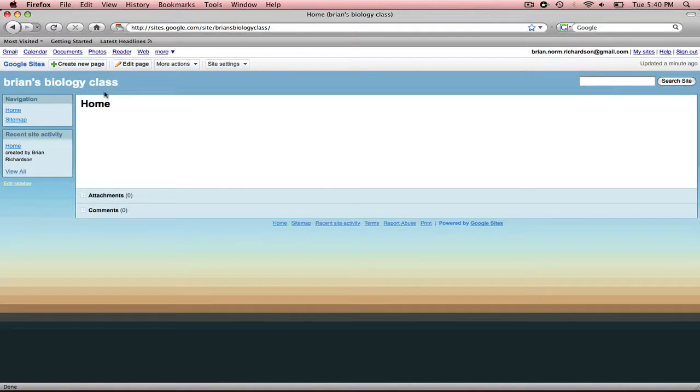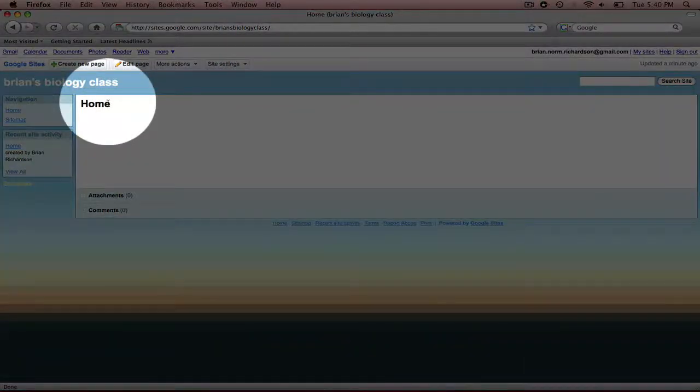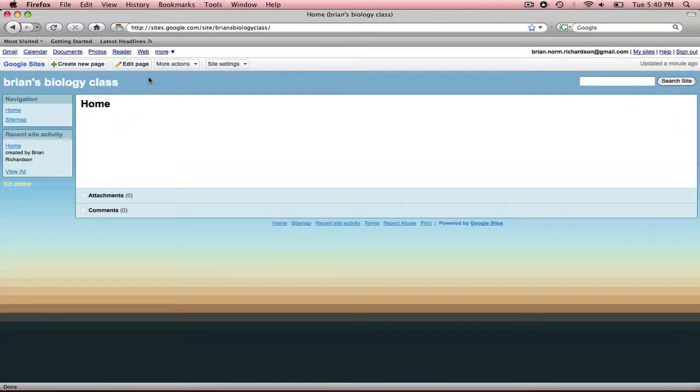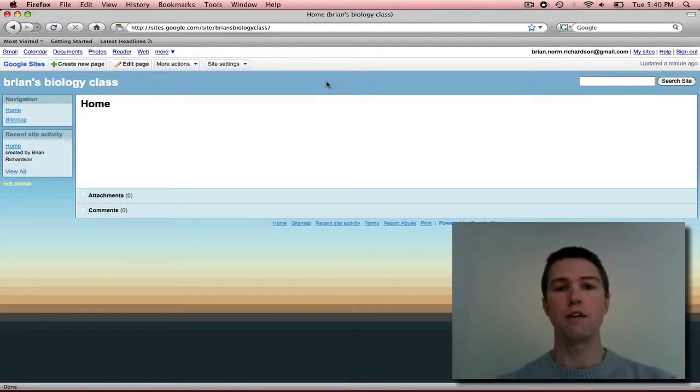Now in the next tutorial you will learn how to edit this page if you want to change the name of it, if you want to add anything to it, if you want to create a new page, you'll learn that in the next tutorial. If you want to change the appearance, that will be in other future tutorials as well. So in this tutorial we've gone over how to navigate to Google Sites,